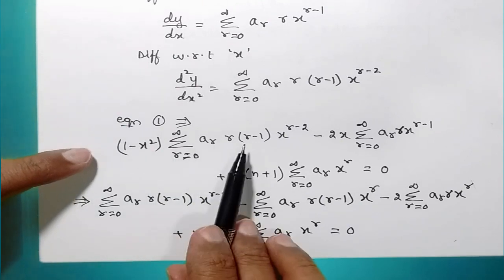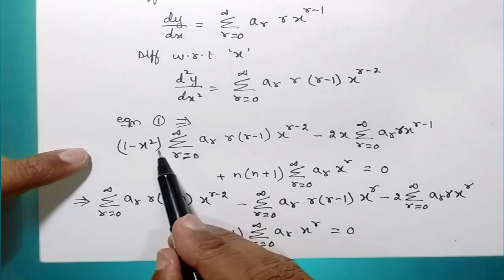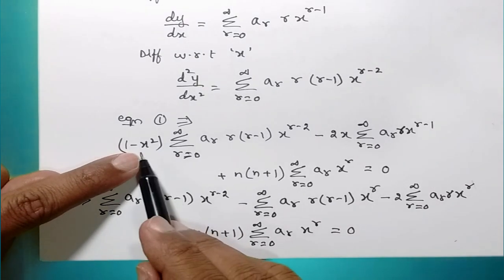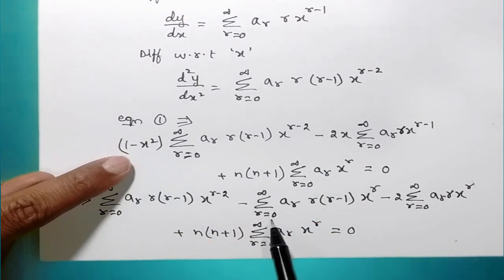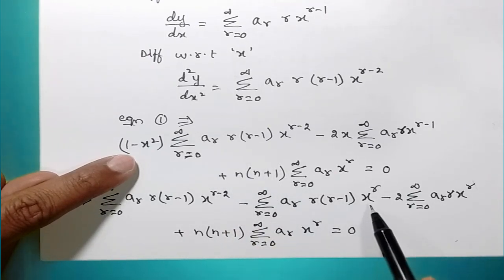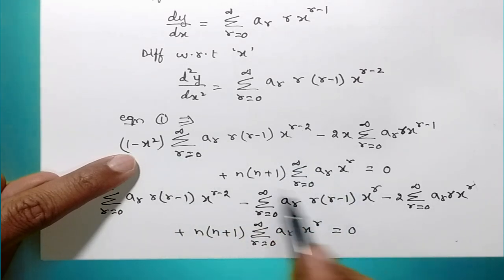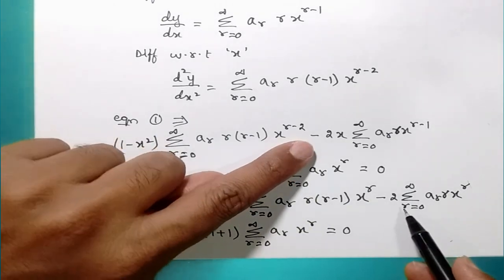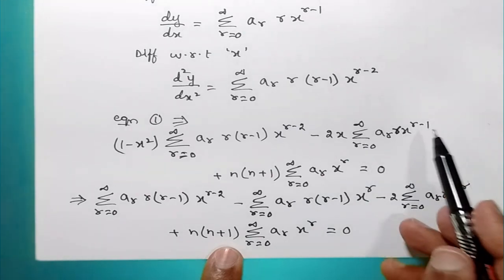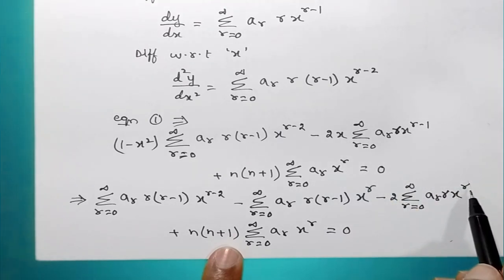Further, if you multiply this 1 inside, you will be getting summation r is equals to 0 to infinity ar r minus 1 into x power of r minus 2. 1 is multiplied. Then minus x square you have to multiply. So minus sign as it is, you get summation of r is equals to 0 to infinity ar r minus 1 x power of, you can see this is plus 2 and minus 2 will cancel out, you'll just be getting x power of r here. So first term is complete. Now coming to the next term, minus 2x you multiply inside. So it becomes ar r x power of r minus 1 plus 1. So minus 1 plus 1 will get cancelled, you will be getting x power of r.